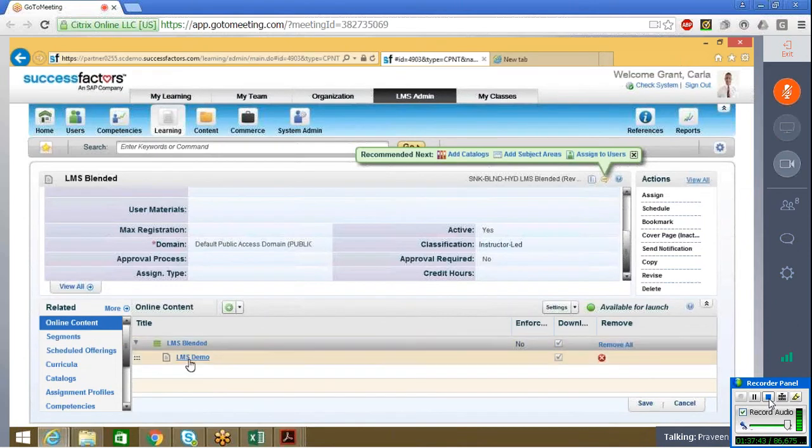Now I'm going to mark that content object. So once I save,